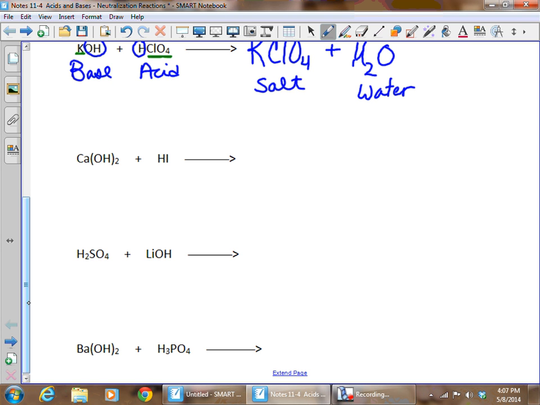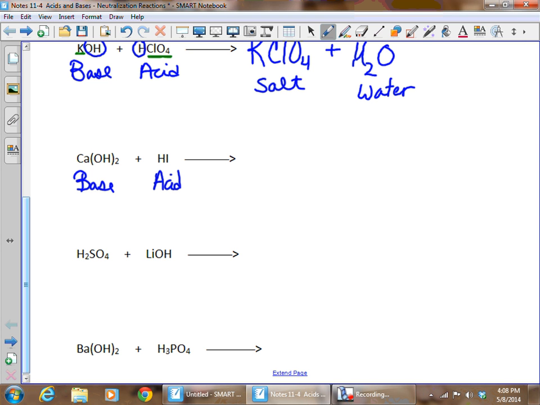Look at calcium hydroxide and hydroiodic acid. We have calcium hydroxide as the base. I'm hoping that you're picking that out easily. HI is the acid. And when you do the worksheet over this section, at the top of the worksheet, that's the first thing you're going to have to do, is to go through and label everything up at the top as being either an acid, a base,